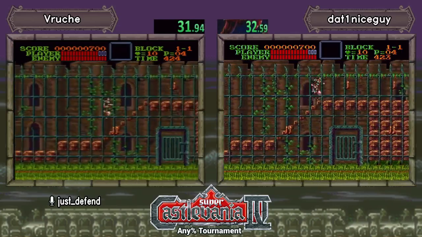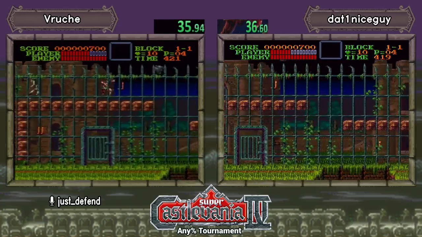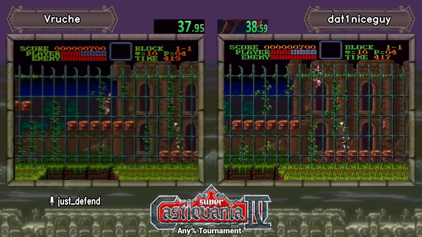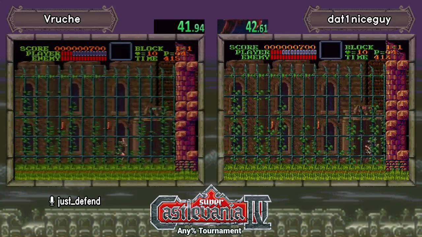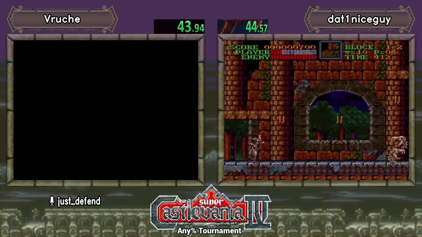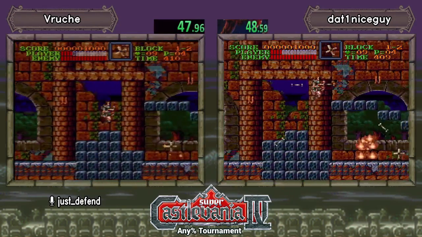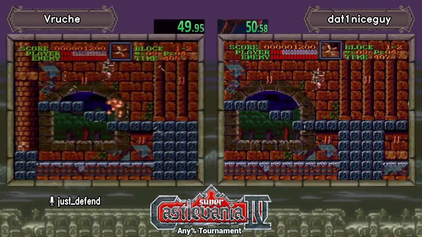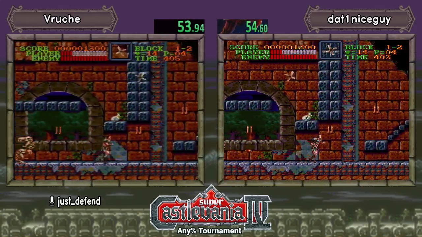Nothing too crazy right now. Both of the players are getting their power-ups, and they're taking some damage boosts. Every time you see Simon taking damage, it's usually intentional, because Simon walks very slow. So you can speed him up by taking a little bit of damage, and it saves you a little bit of time. And they are picking up